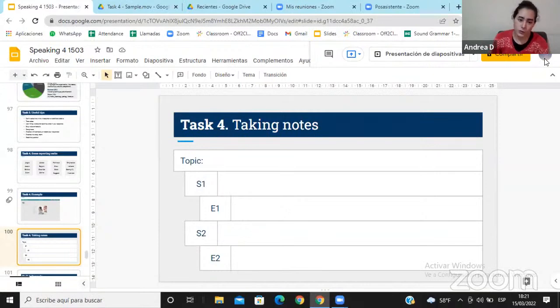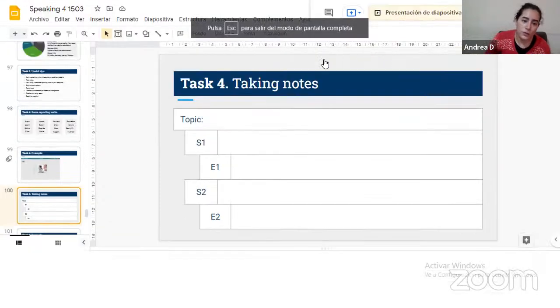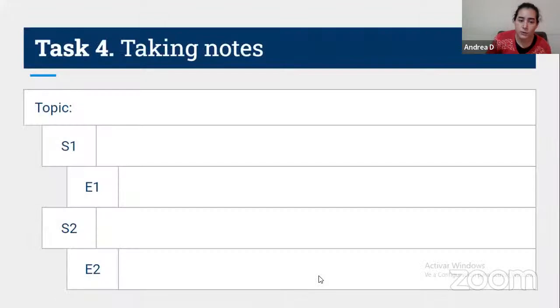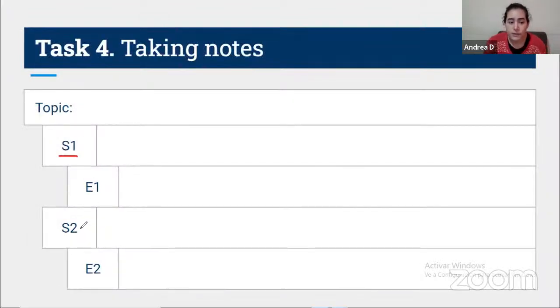Don't type your notes. Try to take them on a piece of paper, because that's how it's gonna be when you're taking the test. And try to organize your notes like this. So if you remember, these were the elements that we're looking for. You're gonna have first subtopic, second subtopic, first example, and second example, right? Those are the 4 key elements of your